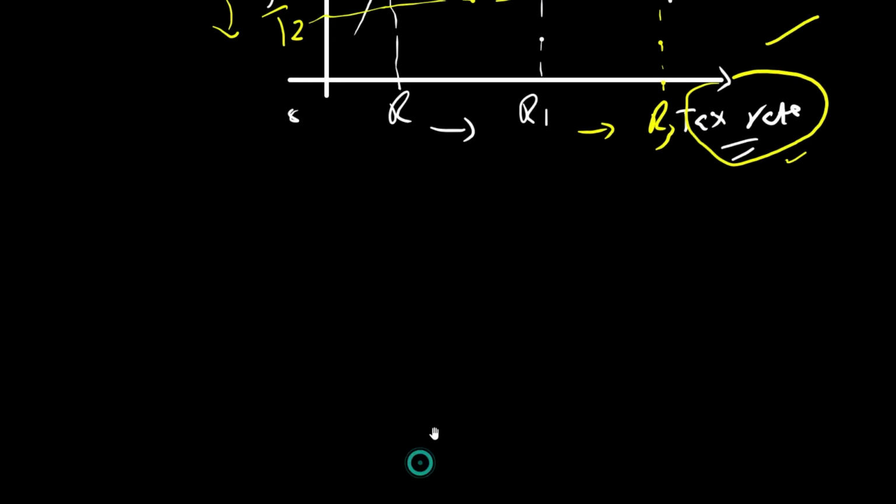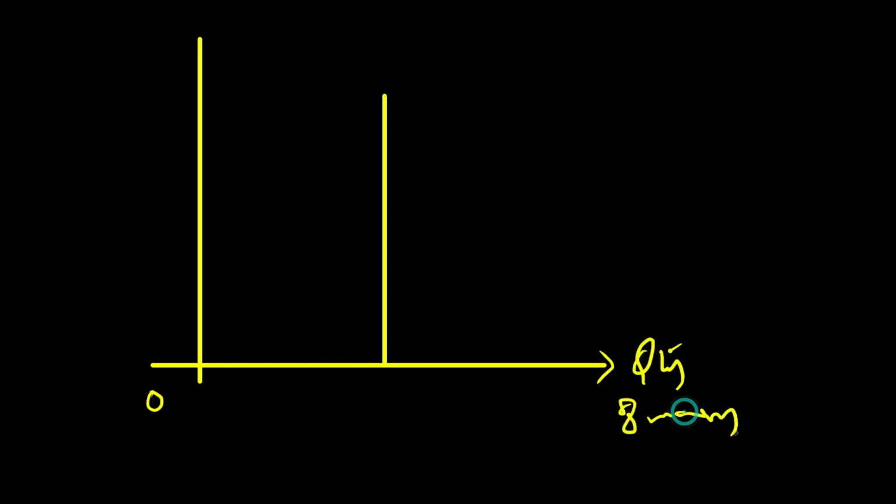And another important graph that is used in the money market is demand and supply of money, right? So demand for money and supply of money. In macroeconomics, money supply is a vertical straight line in the money market because money supply is fixed in a given period of time. So on X we have quantity of money, and this is money supply. On Y we have interest rate,